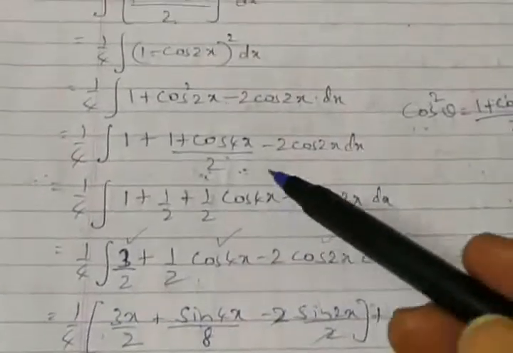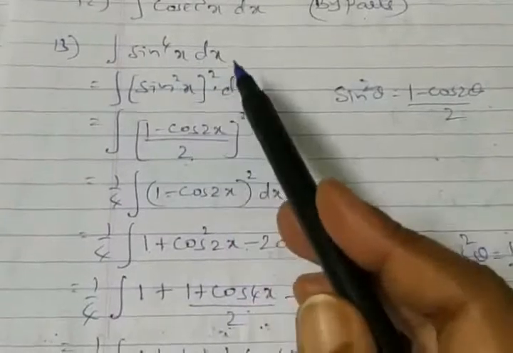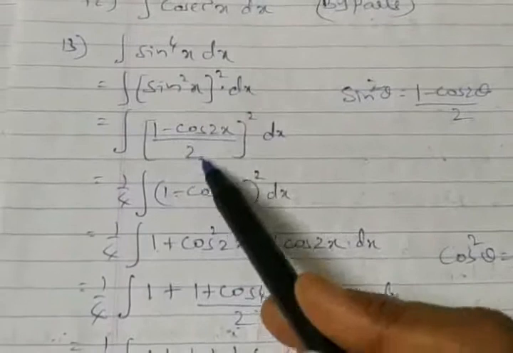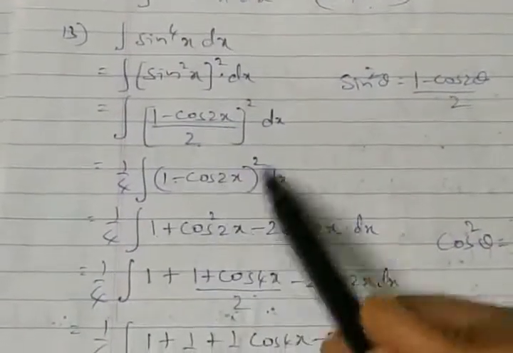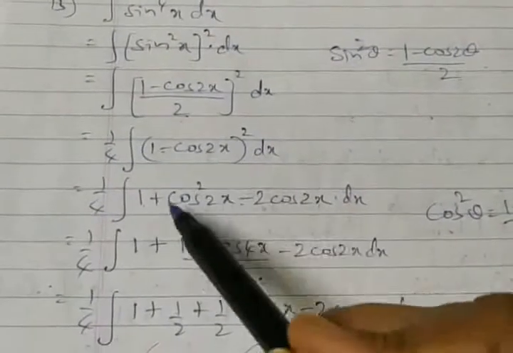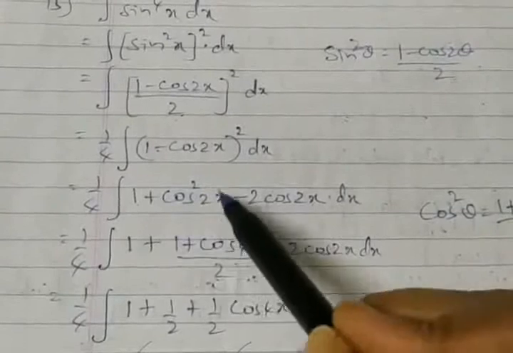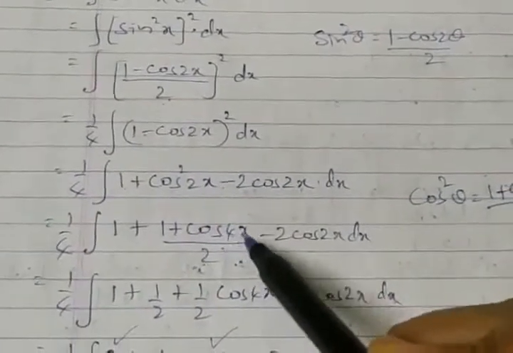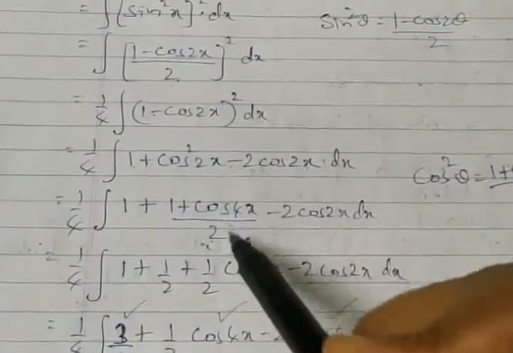So how to go for integration of sin raised to 4x: it is taken as sin square x whole square. Sin square is taken as 1 minus cos 2x by 2, whole square. Denominator 2 kept out. In the numerator we have a minus b whole square. Expand it, and you find cos square once again. Whenever you find cos square, it is to be taken as 1 plus cos double 4x by 2, which makes the function eligible to integrate.